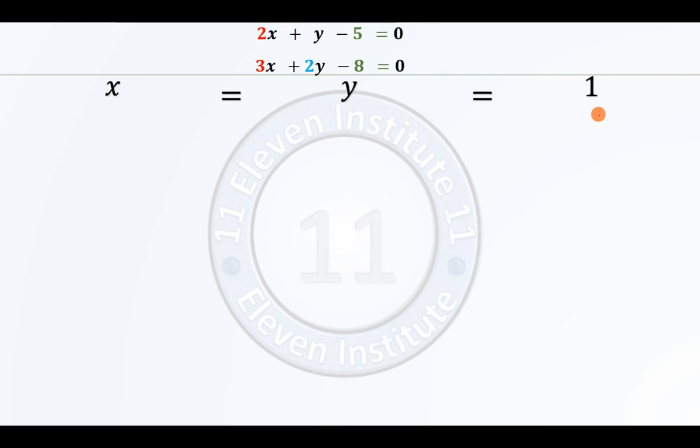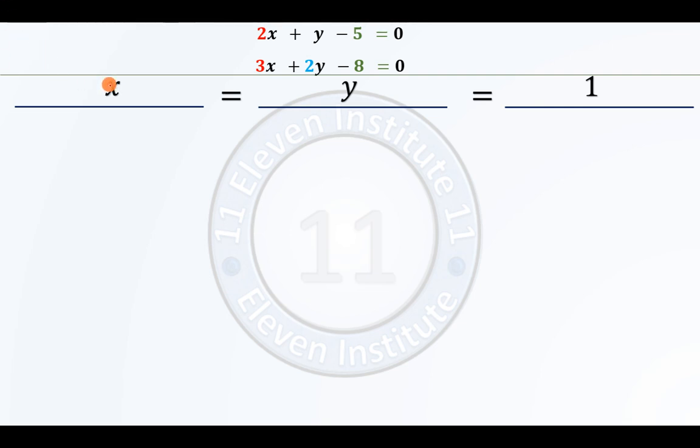Sir, why we have to write this? Definitely this will be your question. You will understand this at last. We are just creating equal ratios over here with the help of cross multiplication. So just digest the thing for now. You have to write the first step like this: x, leave some space, is equal to, leave some space, y, leave some space, again is equal to, and again 1. Just write as it is given on the screen over here. Then you have to draw this line.